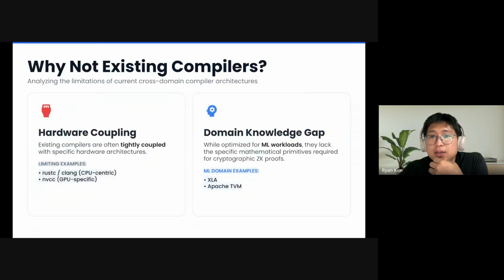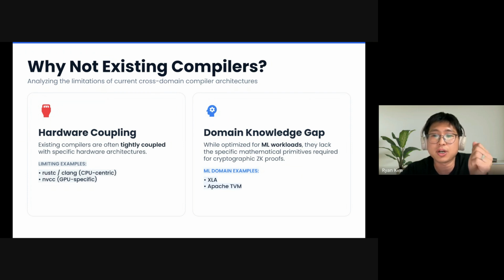You might be thinking, okay, yeah, but compilers already exist. Why do we need another one? I think there are two reasons. First, general purpose compilers don't know the ZK domain. LLVM and Clang are CPU centric, and GCC is CPU specific. They're amazing at hardware lowering, but their whole job ends there.